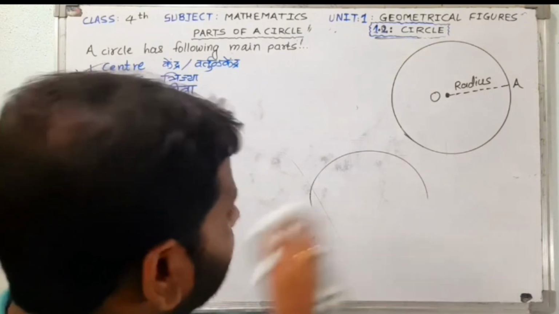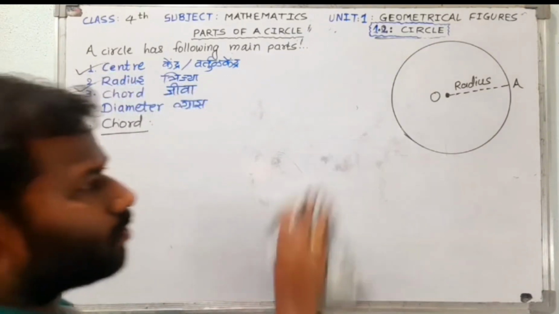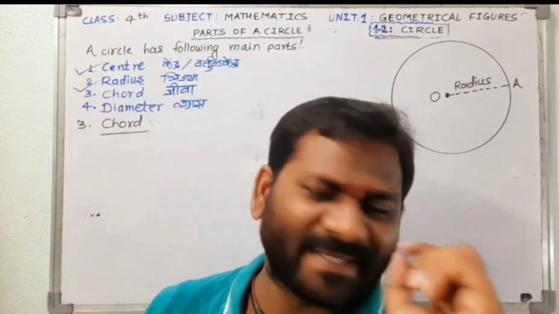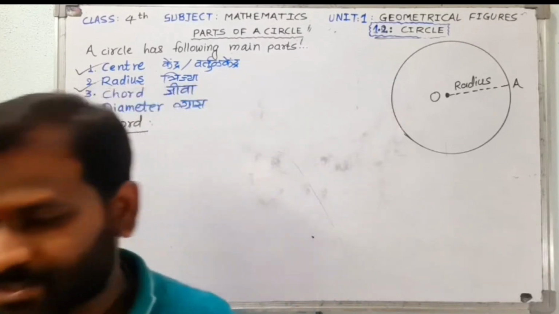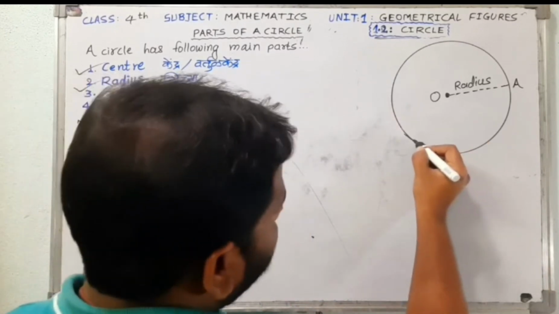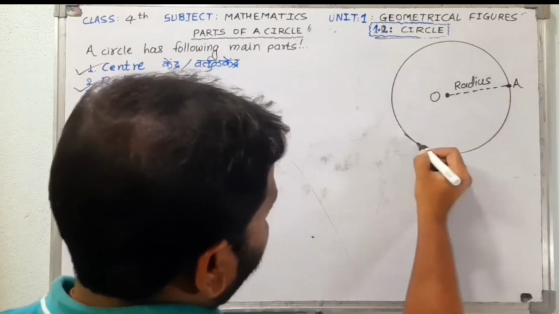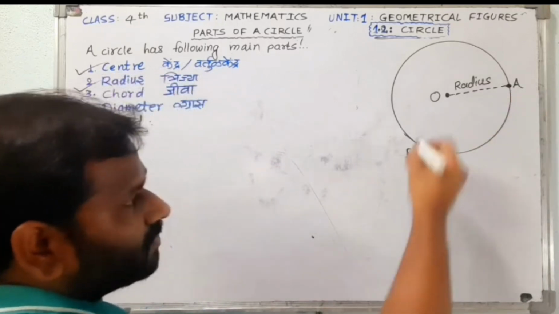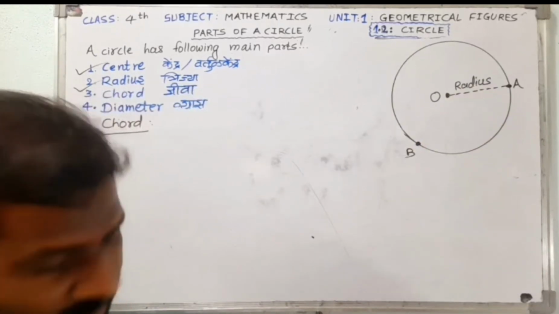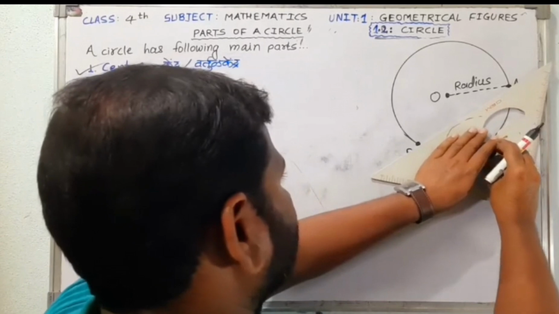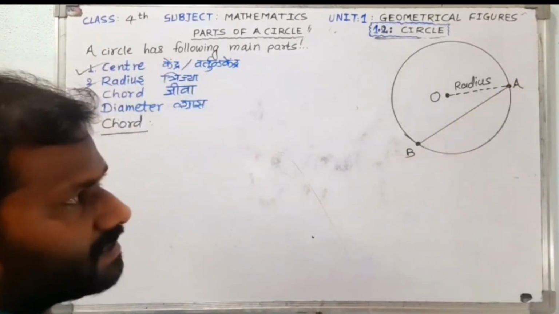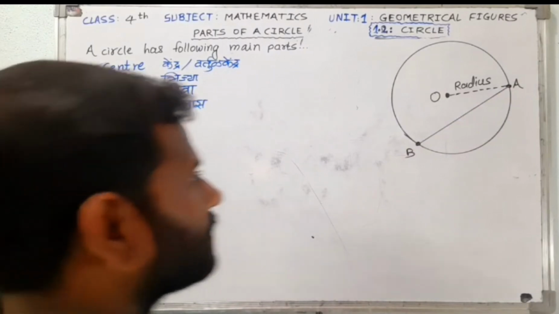So dear friends, the line which joins any 2 points on the curve of a circle is called as chord. Very simple concept. Chord म्हणजेच जीवा कशाला म्हणायचं आहे? The line that joins. Okay, look at the board here. So this point is A, and now this point is B. Suppose without joining point B with the center, if I join the point B with A like this, what will happen? If I join these 2 points, the segment AB becomes.